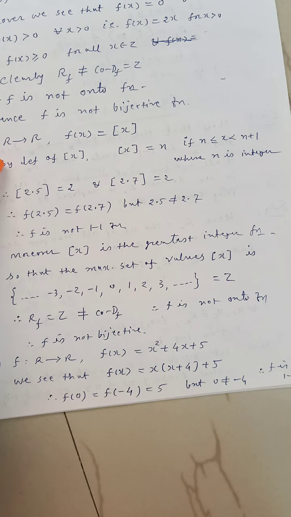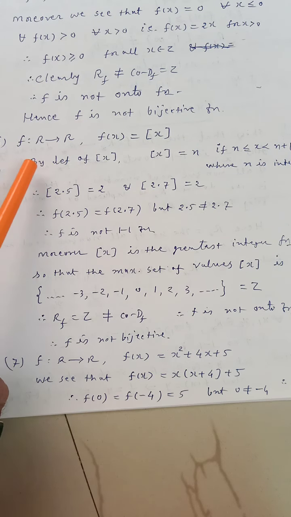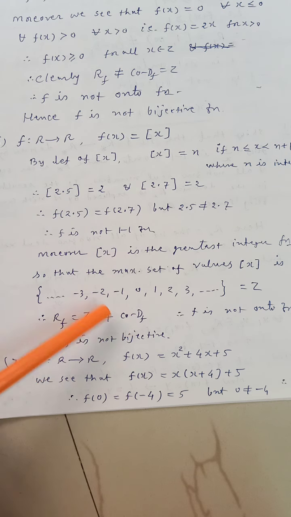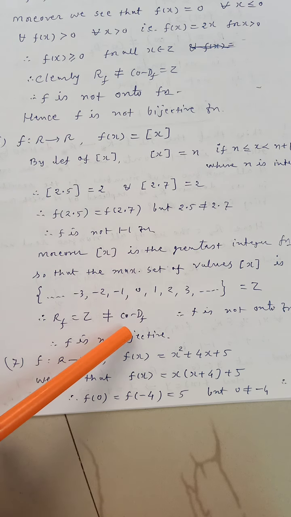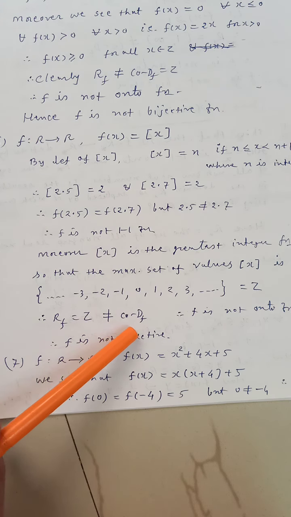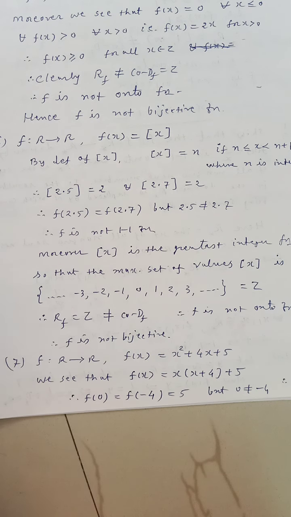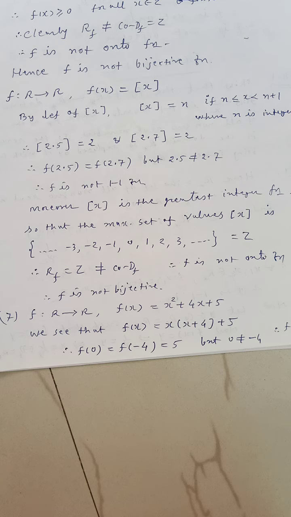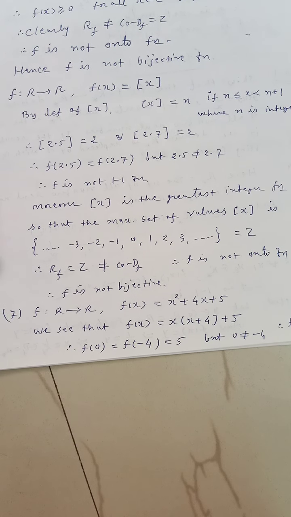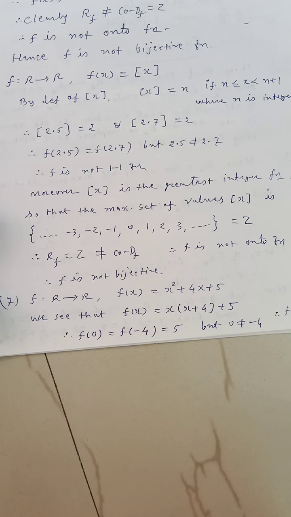Now look at your function. What is given? f from R to R, and what do you obtain as the range of f? Z. So can you say that the range of f is equal to the codomain of f? Naturally not. Rf is Z, but the codomain of f is R. So that is why Z is not equal to the codomain of f, and therefore f is not onto. So this is obviously not bijective, because it is neither 1-1 nor onto. Even if any one is not satisfied, then also we say not bijective. Remember.